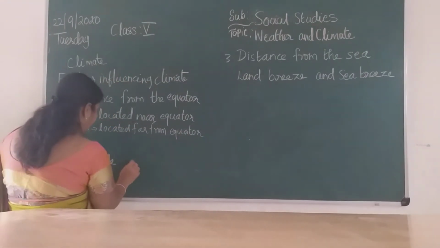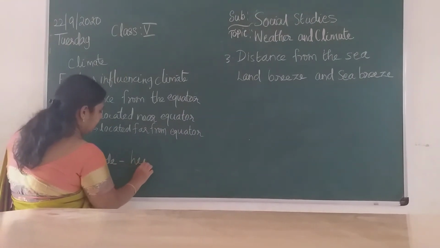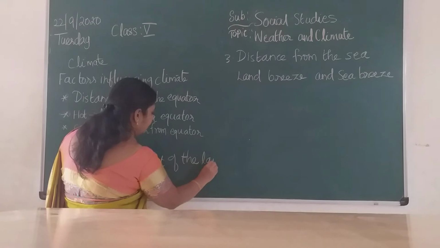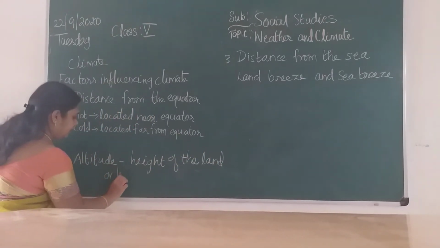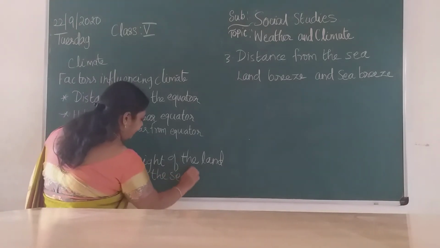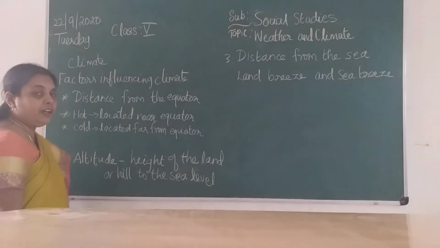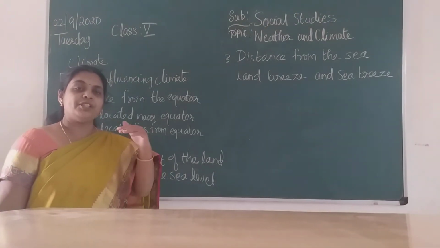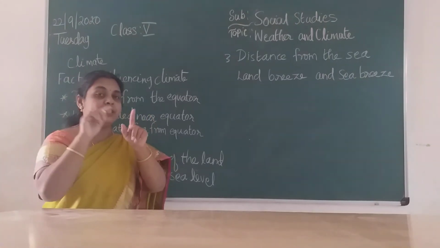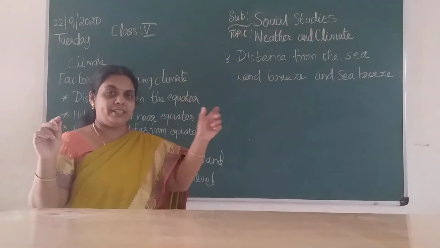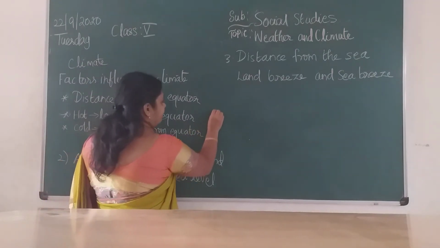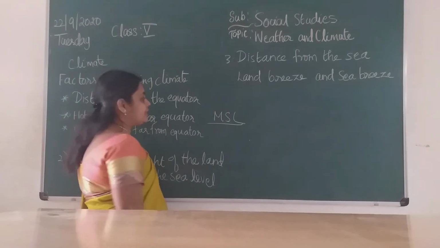So here we are going to see the height of the land or hill compared to the sea level. Land or hill or mountain also, they compare to the sea level. Okay. So what is the height? So next time when you go on a trip, children, observe how much height the mountain is from the sea level. You could have observed that board. See, signboards are kept, no? For places and all they are keeping. In the same way you observe, there is a word over here, MSL. MSL on the board you can see. It will be written